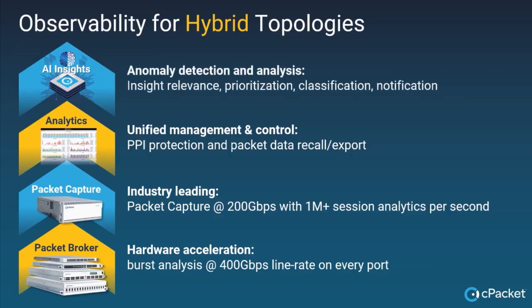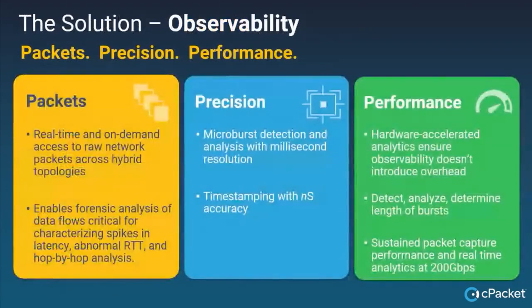And lastly, what we're really here to talk about today is our AI Insights cPacket AI platform. It's our brand new product that's launching later this year. And so our cPacket AI platform is all powered by the packet metadata, which is coming from our packet capture appliance. And all of these anomalies are based on pure packet grade telemetry. So this is anomaly detection. You can think about things like misconfigured servers, a load balancer that's having an issue, a DDoS attack. Anything that we can surface and glean from a network packet, we have models that are built to support and actually do this detection in real time and surface this to NetOps and SecOps users.